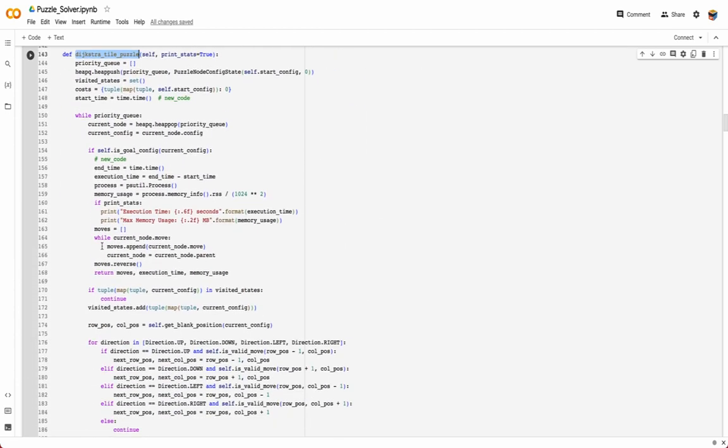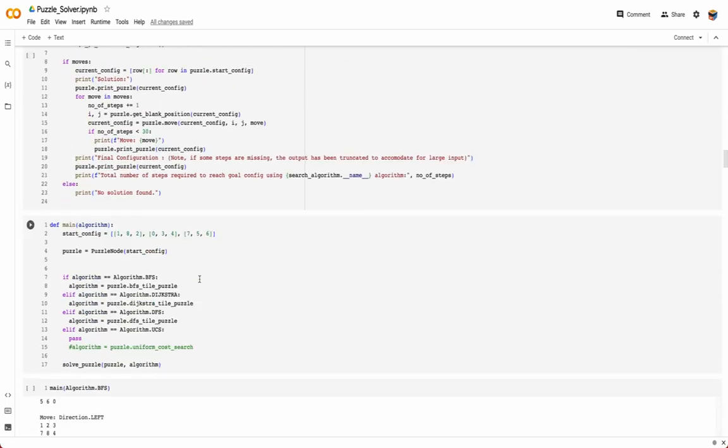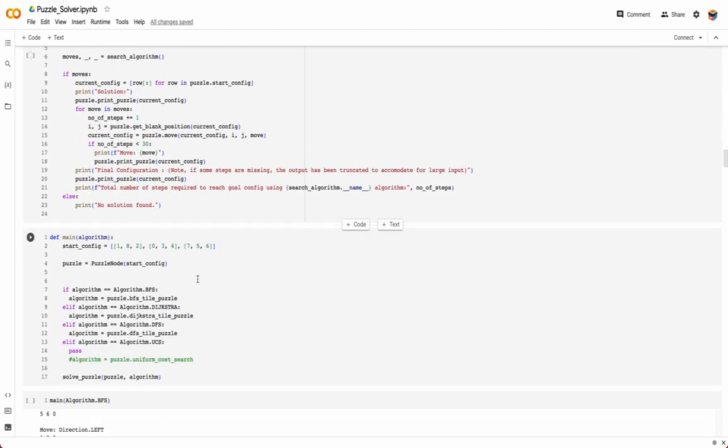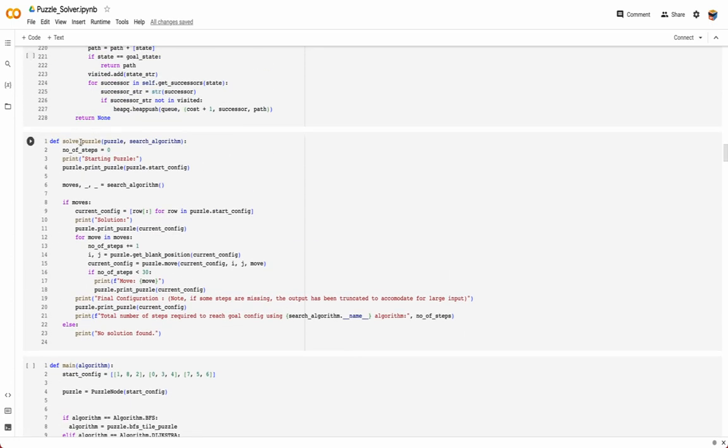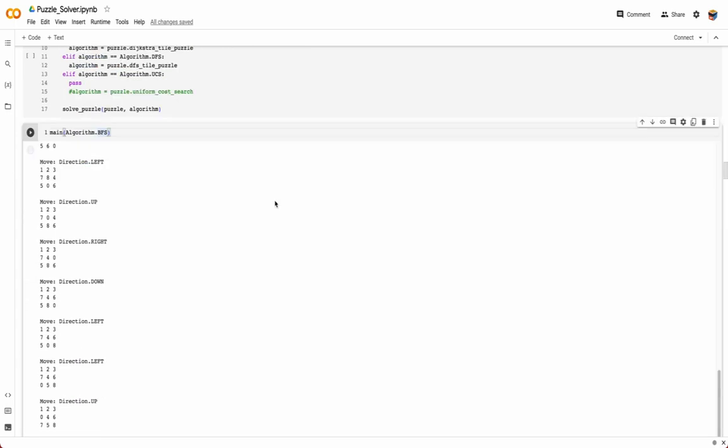Also, similar to previous algorithms, if it has reached the final state, we return the move, execution time, as well as memory usage. Now, as part of the main function, let's say we want to call the BFS algorithm. We call it with a parameter, algorithm BFS, which is the enum, and then it takes care of everything. And this particular function, the solve puzzle function, prints it out in a neat and visual